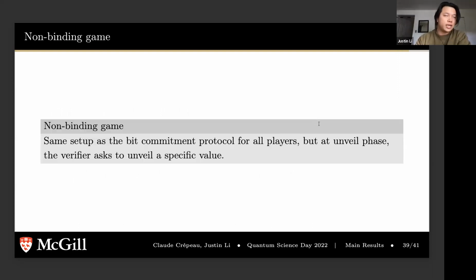So a bit on the non-binding game. The non-binding game that we've defined is exactly the same setting as the protocol that I just showed you. The players would play using the same strategies. They would find an exclusion set, they would decide on a strategy to run, and then they would answer back. But instead of the additional player unveiling what they wanted to commit, in the non-binding game the verifier gets to choose a single bit value and force the players to unveil that. It doesn't matter what the players wanted to commit in the beginning. He will still force that value on the players and let the players try to unveil it correctly.